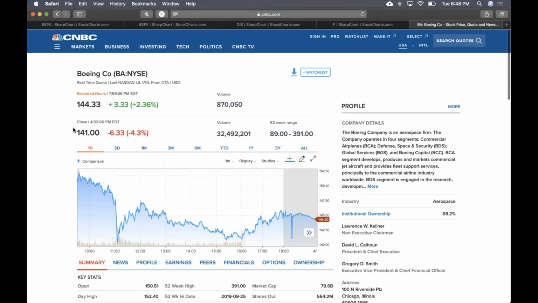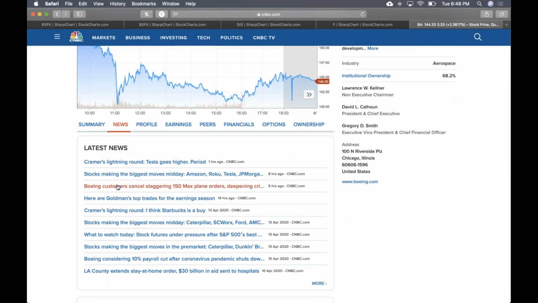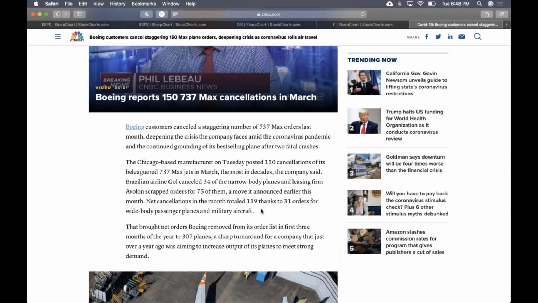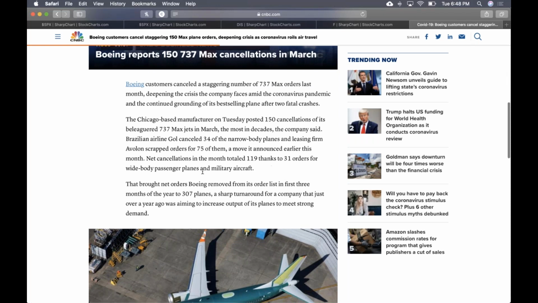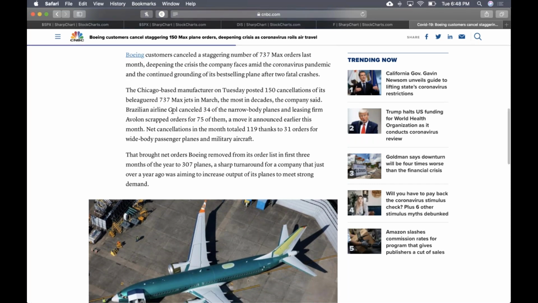Let's see. Canceling 150. Okay, so I guess it was more like 150, but I thought they were netting back. Net cancellations 119, and 31 of those orders were moved to other planes. Okay, so